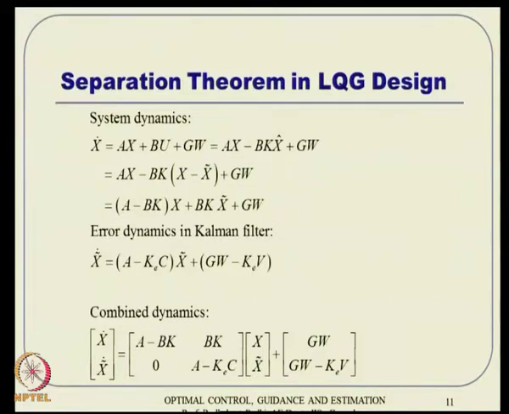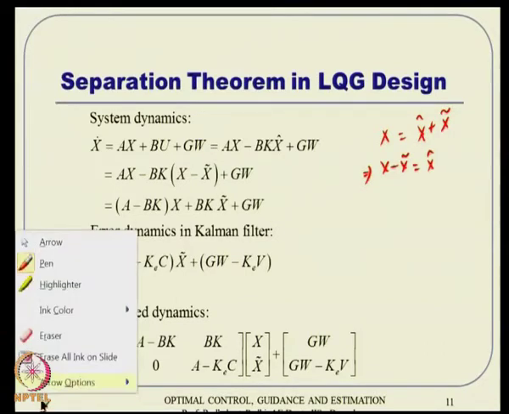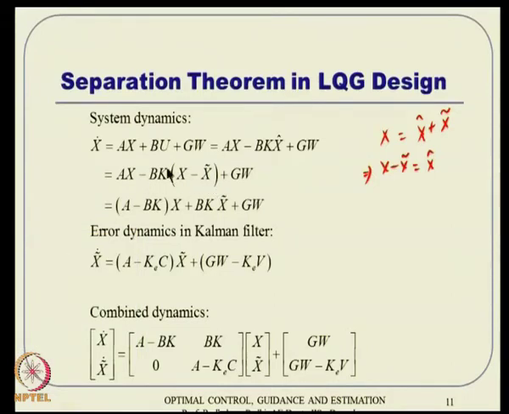alright, if you see these two quantities, then this quantity when x can be retained here, and then this is something like x hat, I can represent as x minus x tilde, okay. Means our original state, remember, it is estimated state plus error in the state. So, that is why this gives us that actually. Alright, so this one is put here, bk into x minus x tilde,